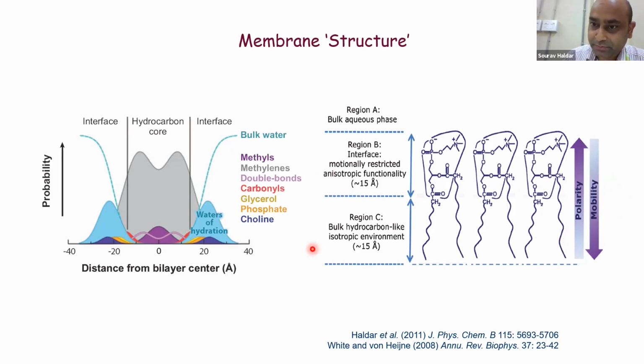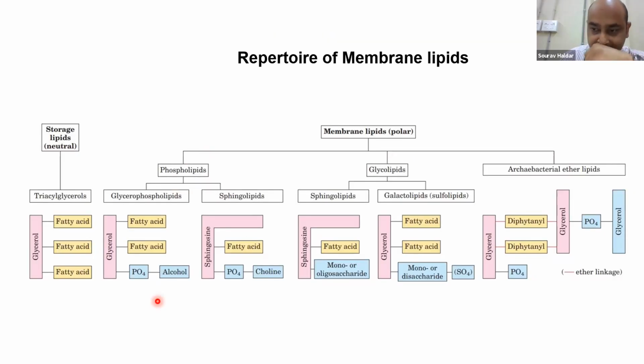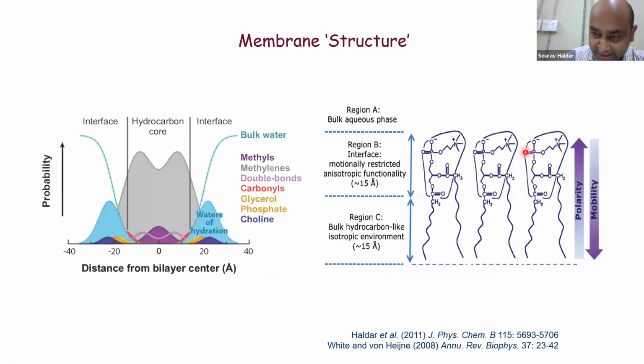All right. So so far I have been talking largely about how the lipids are organized in the form of a bilayer and what other properties actually emerge because of that particular organization. For example, this polarity and mobility gradient. In fact, these two play a huge role in membrane remodeling and curvature later on, and we'll talk more about that.